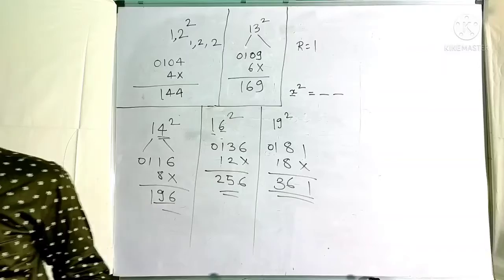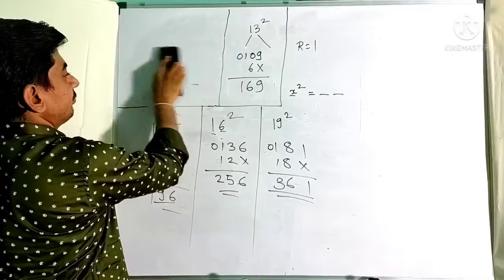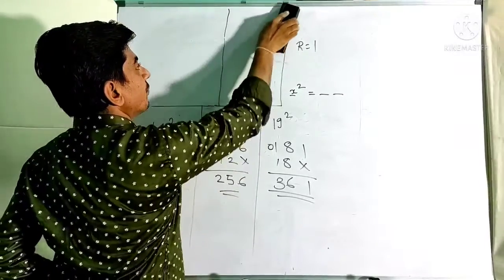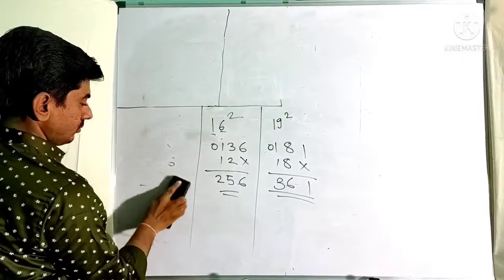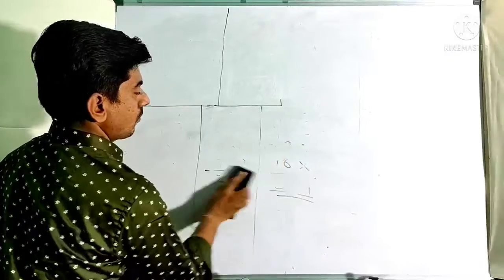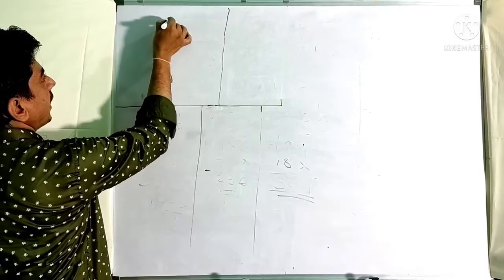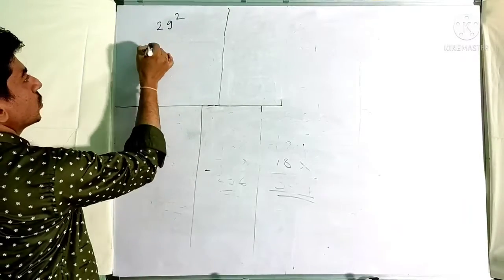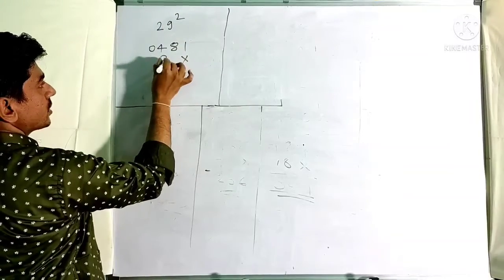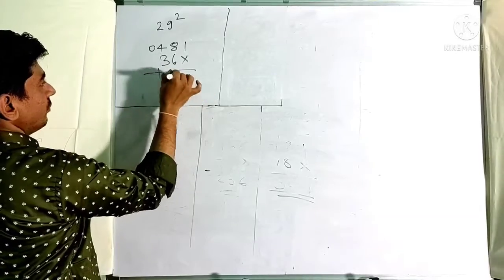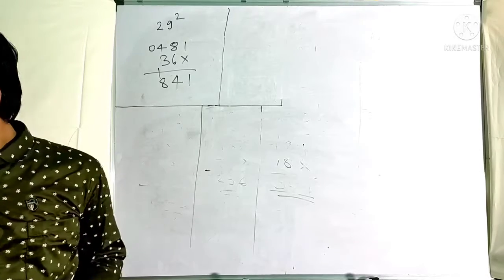Okay, now let us make it a bit more difficult with some greater numbers. Hope you have understood the method. Now this method you can apply to any number. Okay friends, let us see the square of 29. 29 square: again, 2 2s are 4, 9 9s are 81, leave 1 place, 9 2s are 18, 18 2s are 36. This is 1, 14, 8, 841 is the answer of 29 square.